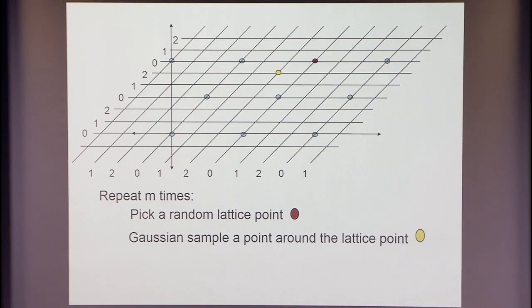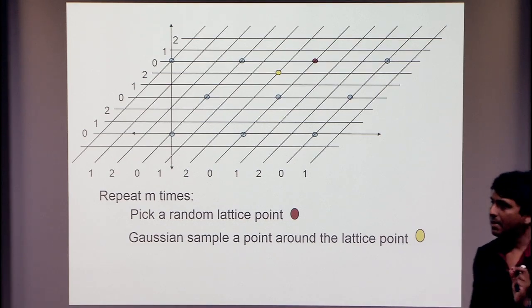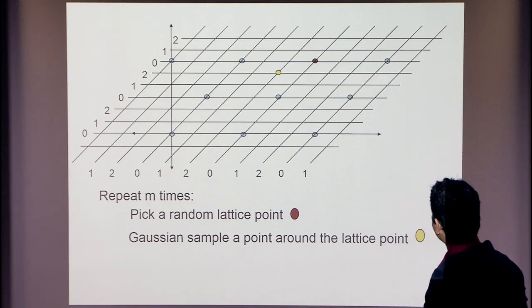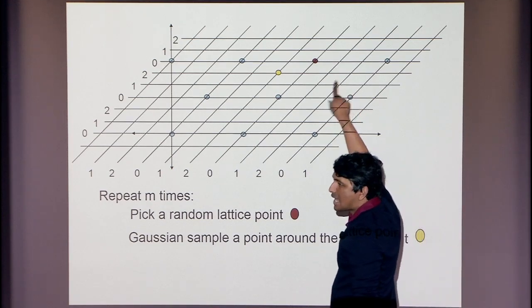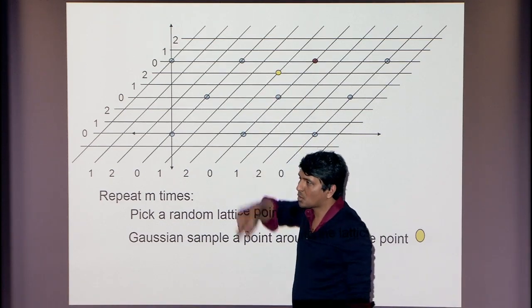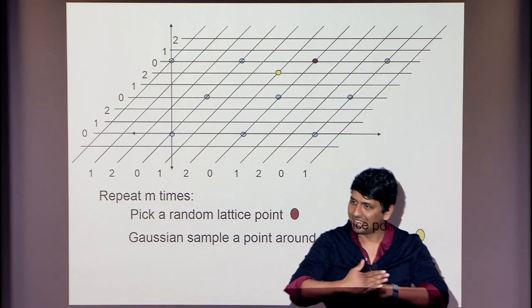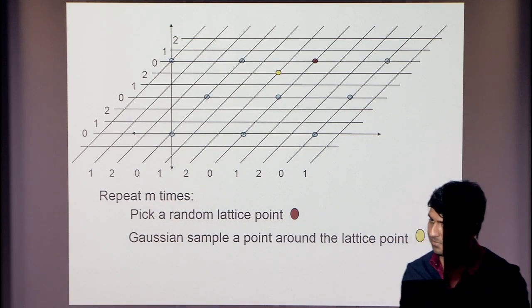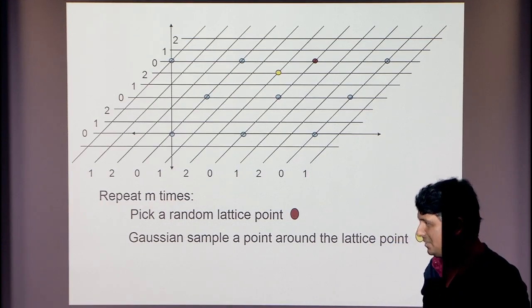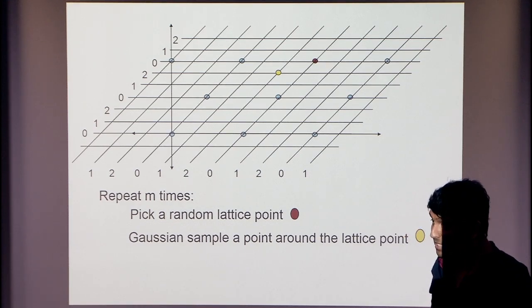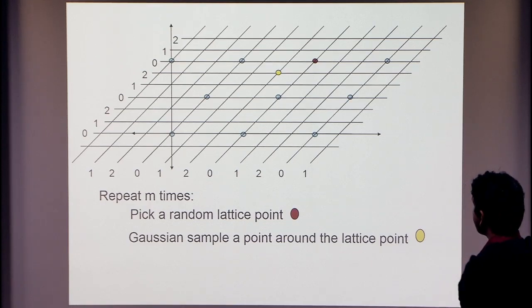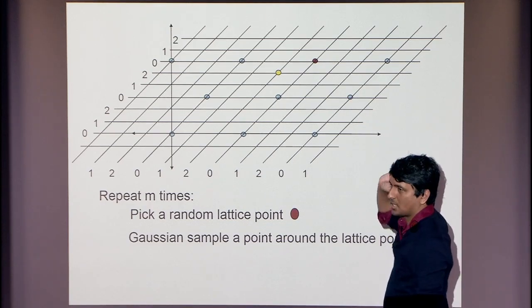Now, let me make a simplifying assumption, a little bit of a simplifying assumption, which is that when I do this sampling, it actually falls at one of the corners of this finer lattice. Why would that be? It probably won't, but let me assume it anyway, just to make my life easier.